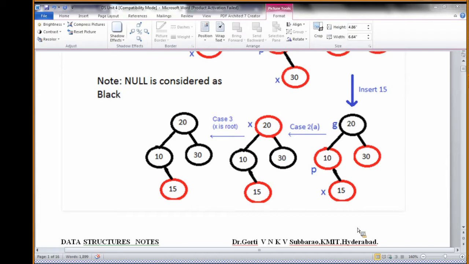Please note down, because from the examination point of view also we have to see this. In the examination they may ask you like this only, because red black tree programming is not there, so they will ask this kind of problems in the examination. So now we'll see that. If you want to note down, note down.